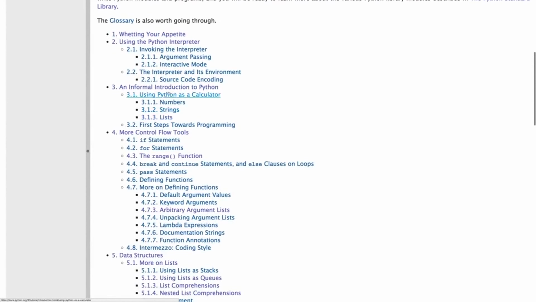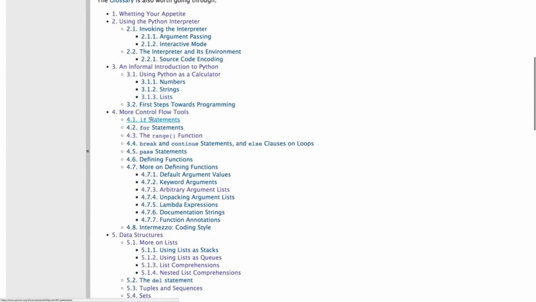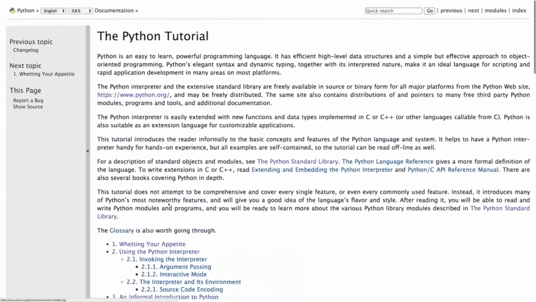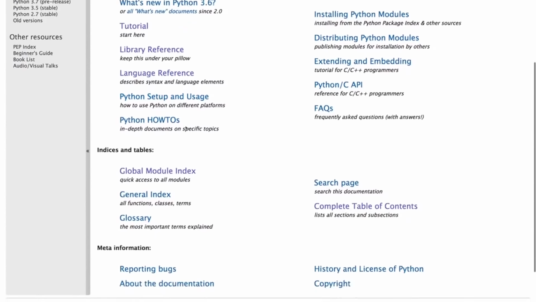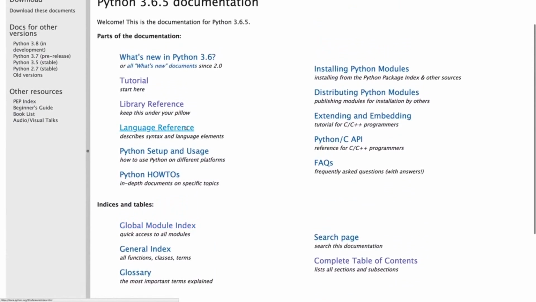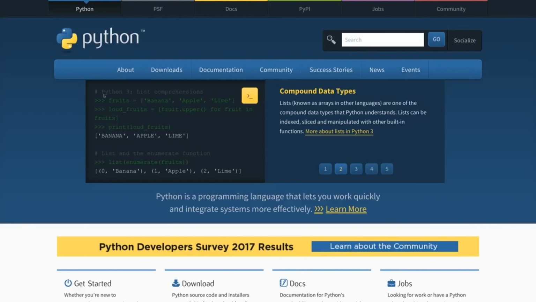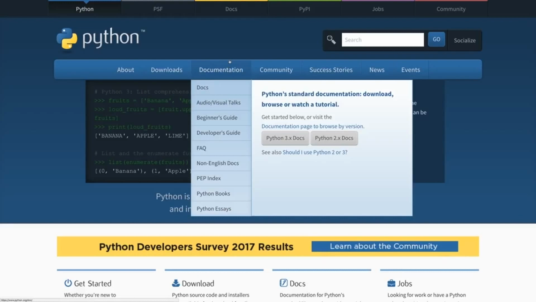Numbers, strings, lists, these are things we learn about. Now, if and so on, these are things we'll learn about in the next module. So you may jump ahead if you want, but there actually is no reason to do so. Something important or interesting I also want to show you from the official docs are the PEPs though. Now what's that? If you go back to python.org and hover back over documentation, and you go to PEP index,